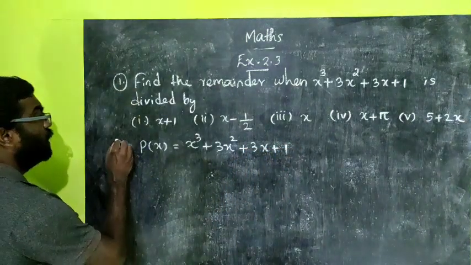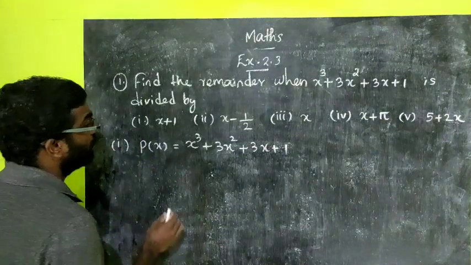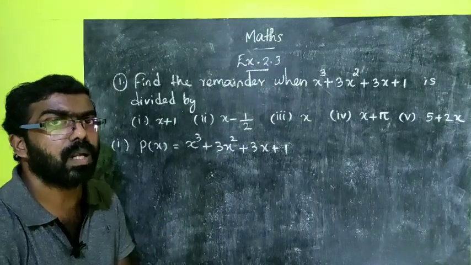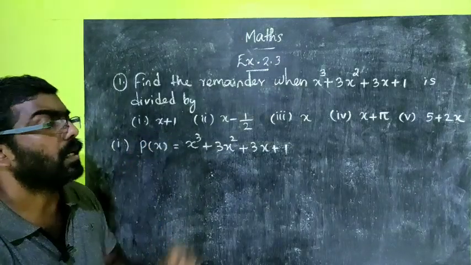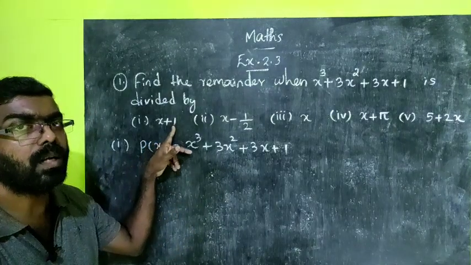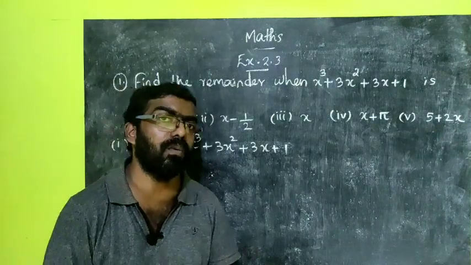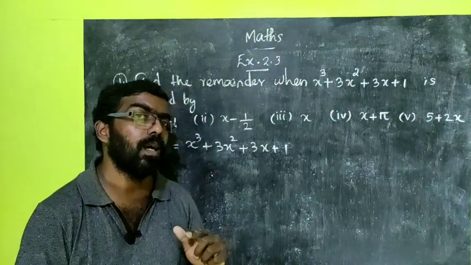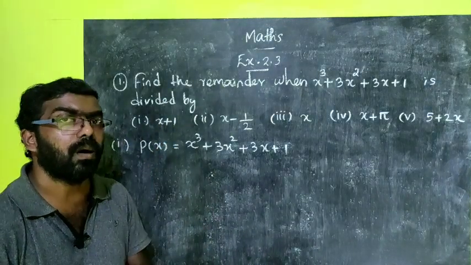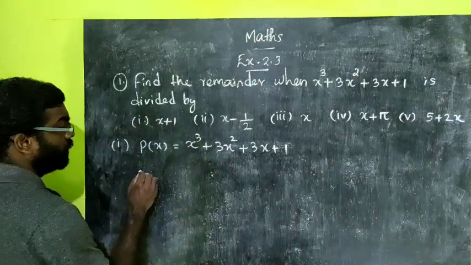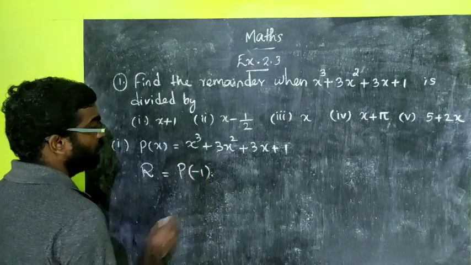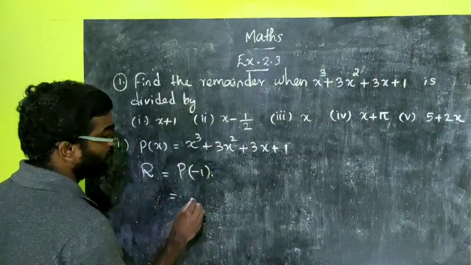And in the first case, the divisor is x plus 1. So what will be the remainder? P of minus 1. It's in the form x plus a, and in the place of a, the number is 1. If it is x plus a, p of minus a. So x plus 1, so the remainder will be p of minus 1. Clear? So remainder is equal to p of minus 1, which is equal to, we can replace the values,